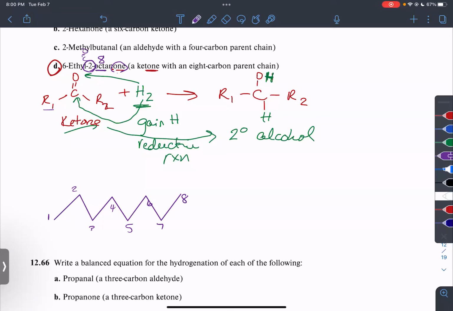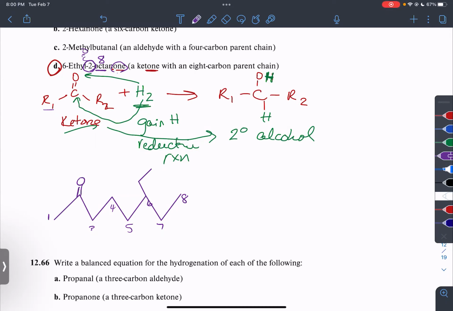Then it tells me at carbon 2, so I'm just going to erase my number for 2. At carbon 2, I have a carbonyl. So I'm going to draw a double bond to an oxygen, okay? But that's not all that we have. We also have a 6-ethyl. So just go to carbon 6 and I put an ethyl group. So coming off of here, methyl, then that's an ethyl. So that tells me